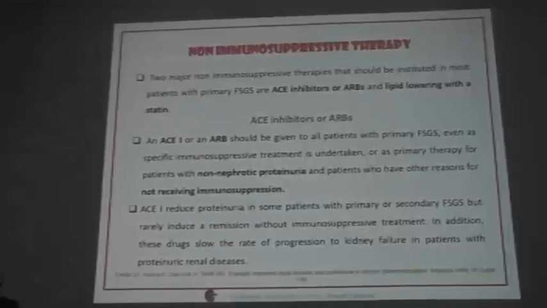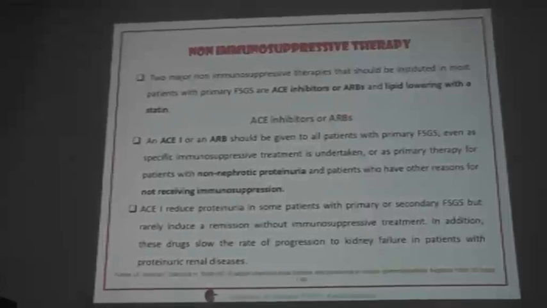ACE inhibitors or ARBs should be given to all patients with primary focal segmental glomerulosclerosis, whether or not a specific immunosuppressive treatment is undertaken, and as primary therapy for patients with non-nephrotic range proteinuria, who usually have secondary focal segmental glomerulosclerosis, or patients who are not receiving immunosuppression for one reason or another, like those suffering from extensive interstitial fibrosis or glomerulosclerosis. ACE inhibitors reduce the proteinuria in patients with primary or secondary focal segmental glomerulosclerosis, but rarely induce